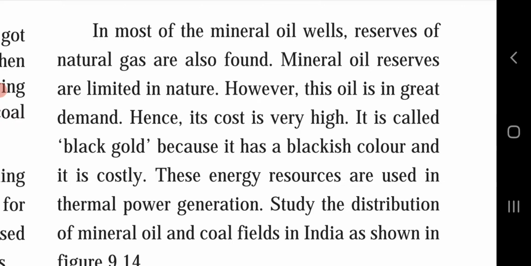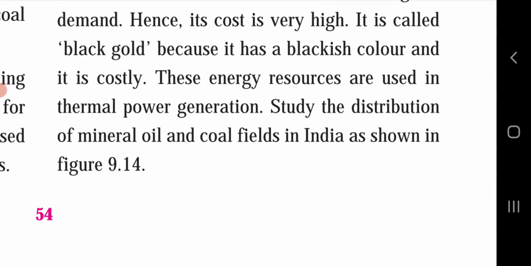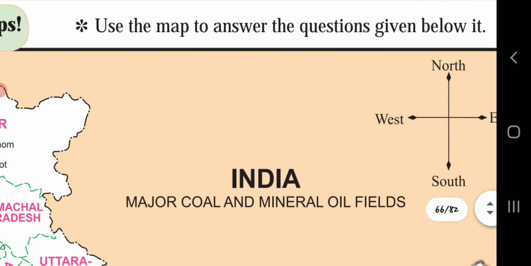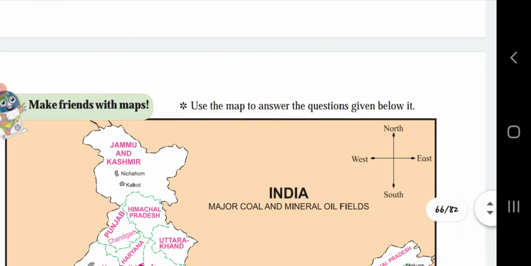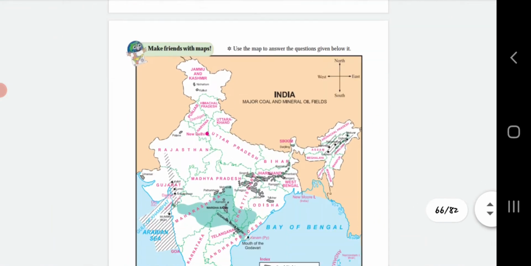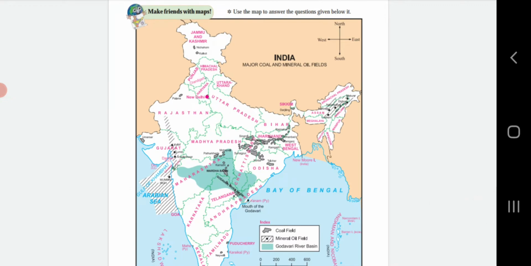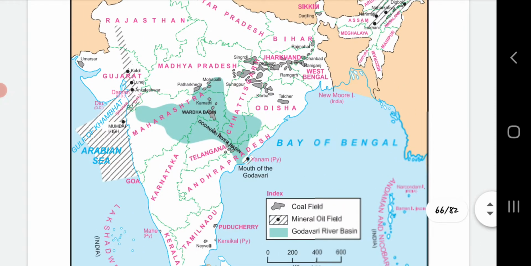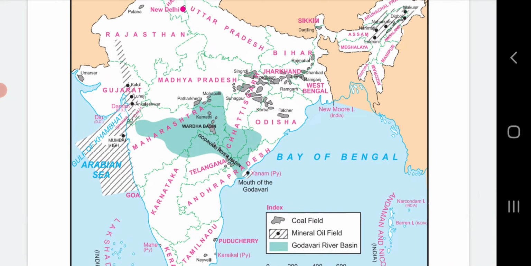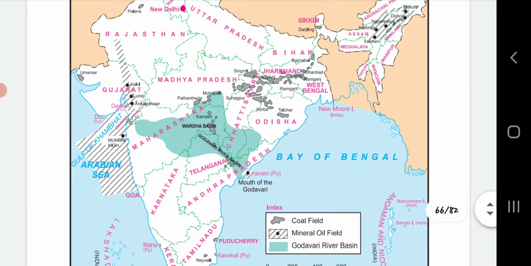Study the distribution of the mineral oil and coal fields in India as shown in figure 9.14. So here they have given a map. According to it, we have to see. Let's see the index. Coal field, mineral oil field, Godavari river basin. So the Godavari river basin is in some parts of Madhya Pradesh, Maharashtra, Chhattisgarh, Odisha, Telangana, Andhra Pradesh. Mineral oil fields are where the shaded part is. Here you can see